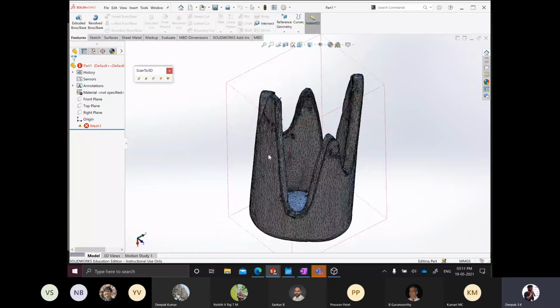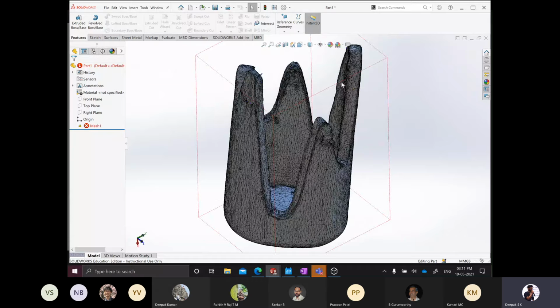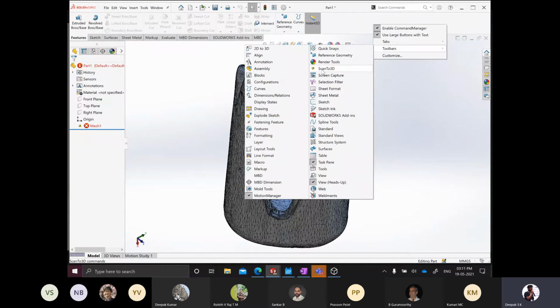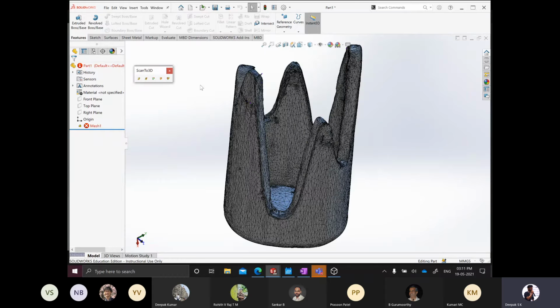To proceed with this, this will be the dialog box or screen that appears to you initially. Now you have to open the Scan to 3D toolbox in order to access the various functions. You go to the top toolbar, right click, go to toolbars again, and then the Scan to 3D option will come. When you click that, you will get a small dialog box. I'm not sure if the icons are visible because they're small, but there are 5 icons basically. The first one is the mesh preparation wizard, where you prepare the mesh of the particular cloud point data. The next is the mesh edit data.